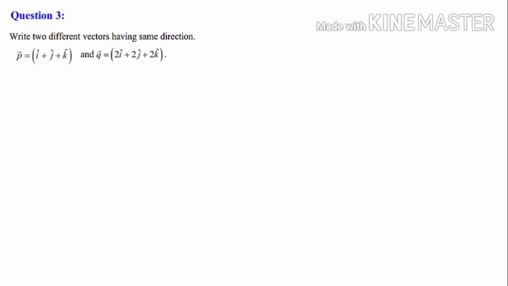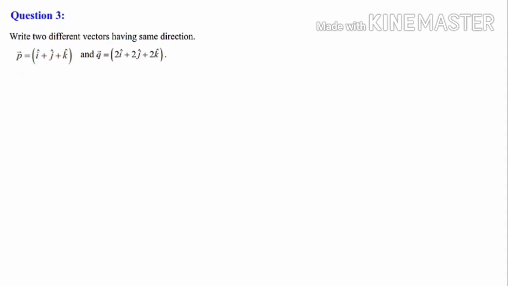Next we shall discuss question number 3 that was pending from exercise 10.2. The question was, write two different vectors having the same direction. Same direction in the sense we have to write two vectors which are having the same direction cosines, DCs. Direction cosine short form is DC. Here the vectors we are taking as vector P is equal to i cap